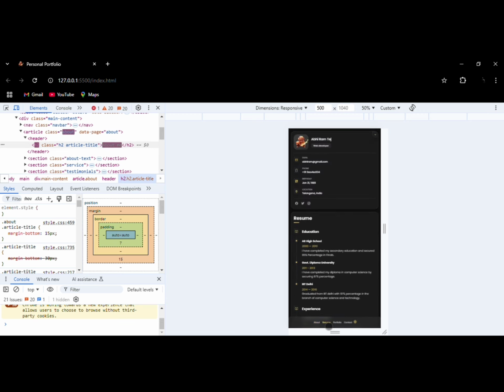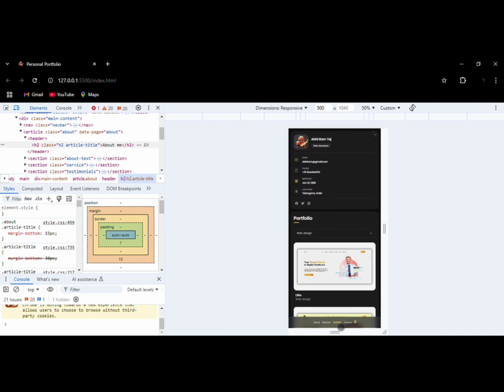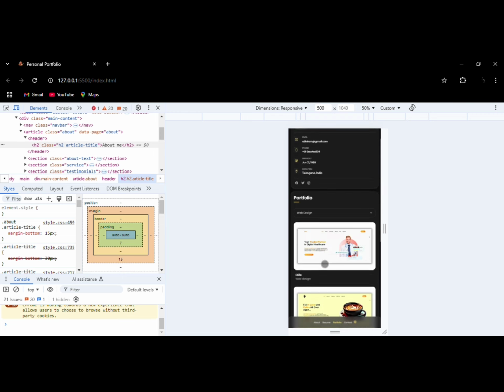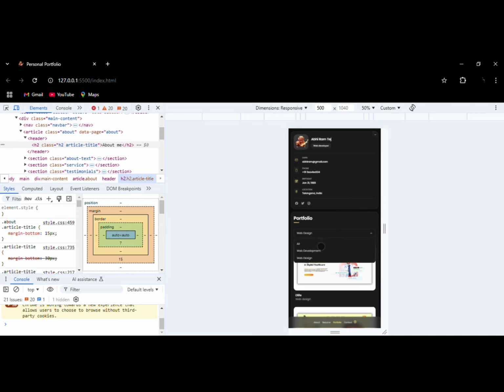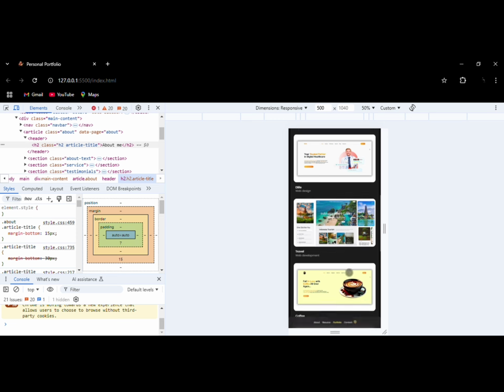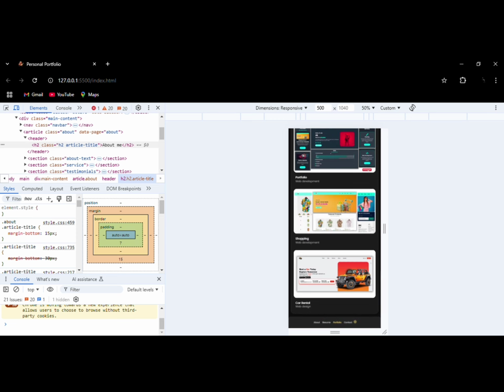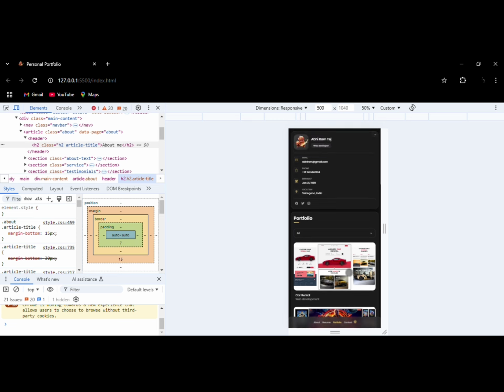Here you can see this is the education section, resume, then portfolio, and you can see the filter here also, web development and web design, and then all. By using HTML, CSS and JavaScript combinedly, we have got this filter functionality for our website. Then we can go to the contact,